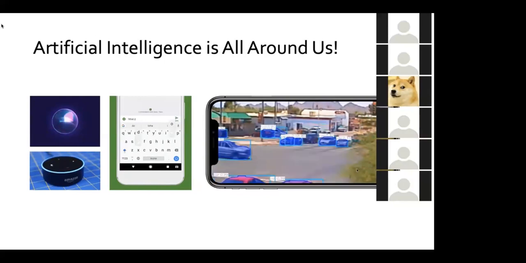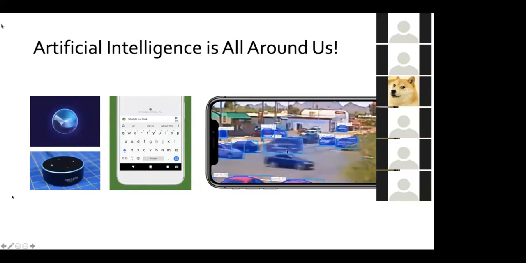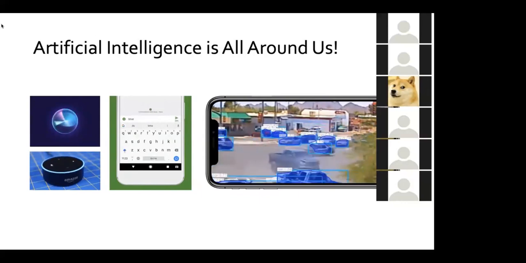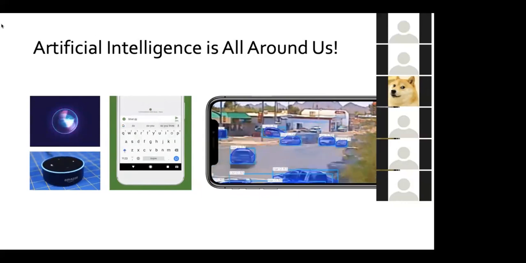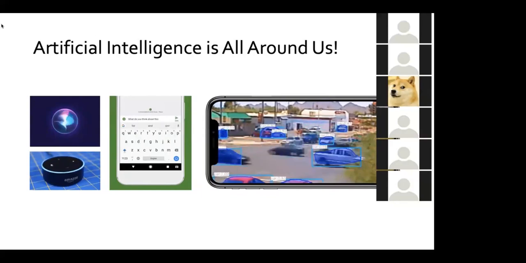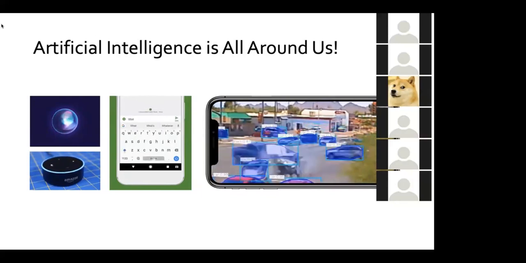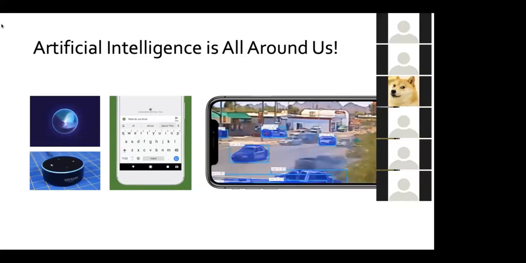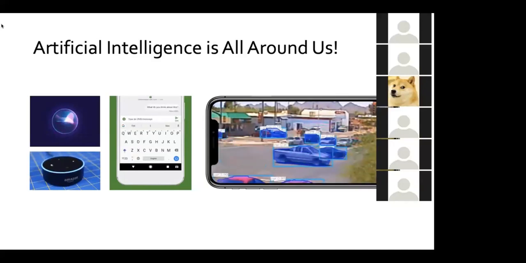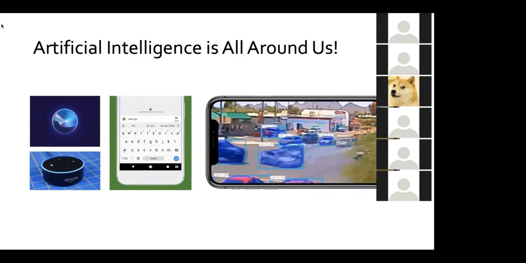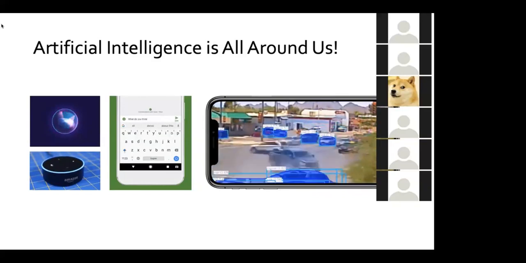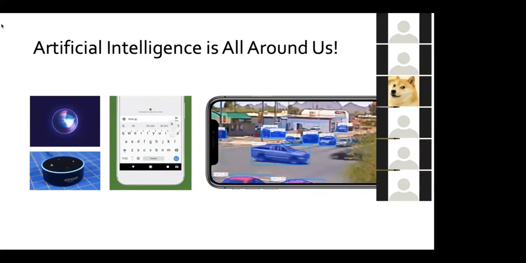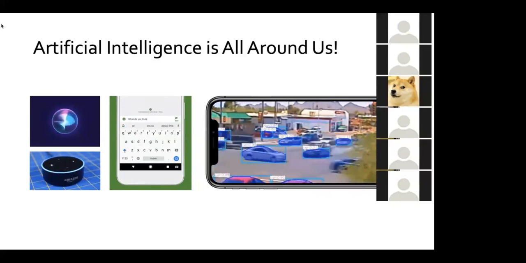Or as you can see on the right side, there are technologies that can help ensure the safety of humans. You think of self-driving cars, cars that can drive themselves, or even technologies that can help drivers become more intelligent, like lane assist, staying in your lane, making sure that you're not stepping on the dividing line. These are all technologies that use AI. So obviously this is a super important technology, and it's worth learning about. And with the development of all these cool new educational tools, this is finally possible.